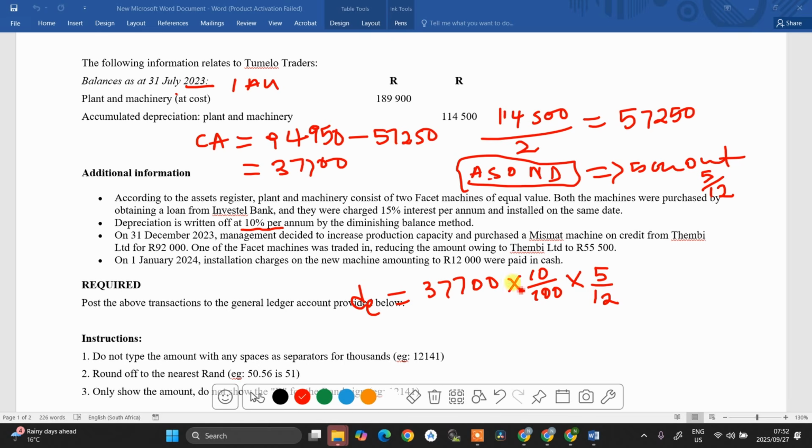In this case, this is going to give us 37700 multiplied by 0.1 multiplied by 5 over 12. Okay, so what I get here, it's 1570.83. But you need to be careful here. As part of the instruction, they told us that we need to round off to the nearest